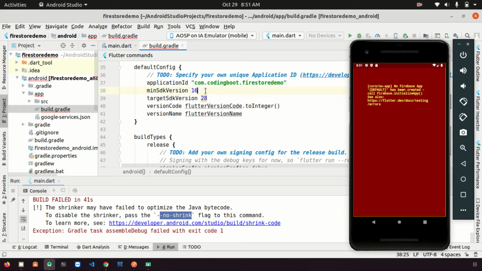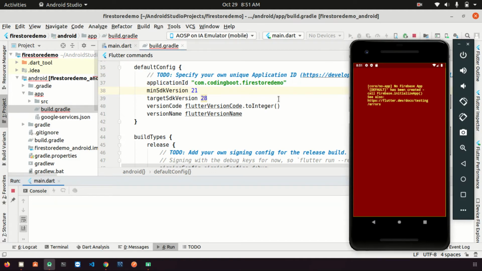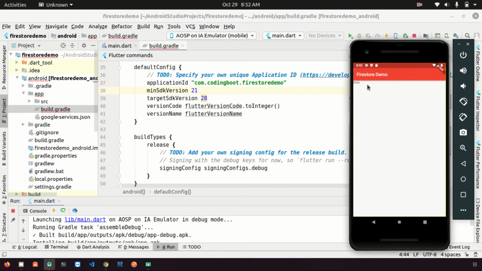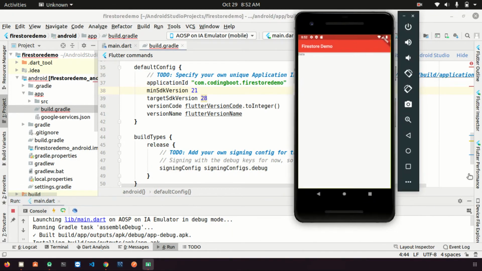It's a very old one, so you can use 21. From version 21, it supports this shrinker optimization. Then run, it should fix that issue. Fine. So we are seeing here data, and we are not seeing any error now.